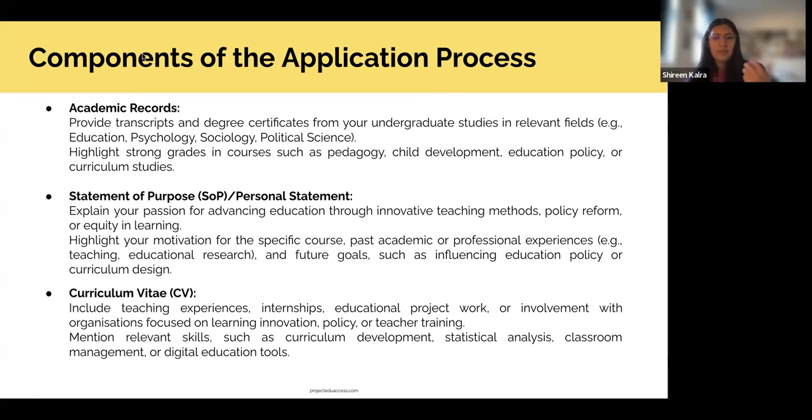So thinking of education particularly, right? One is, why are you interested in doing what you're proposing? Why you're interested in pursuing the course, or the university, what got you interested in education? What drives you? Why are you trying to pursue it, right? This is more personalized in that sense.